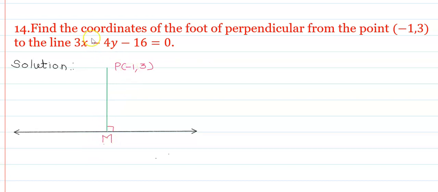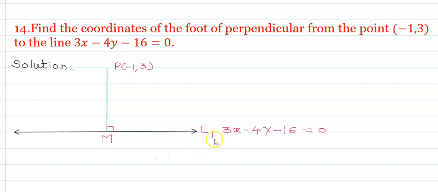Okay, we want to find the coordinates of M. The equation of this line L is 3x - 4y - 16 = 0. Now we will find the equation of PM and solve these two equations